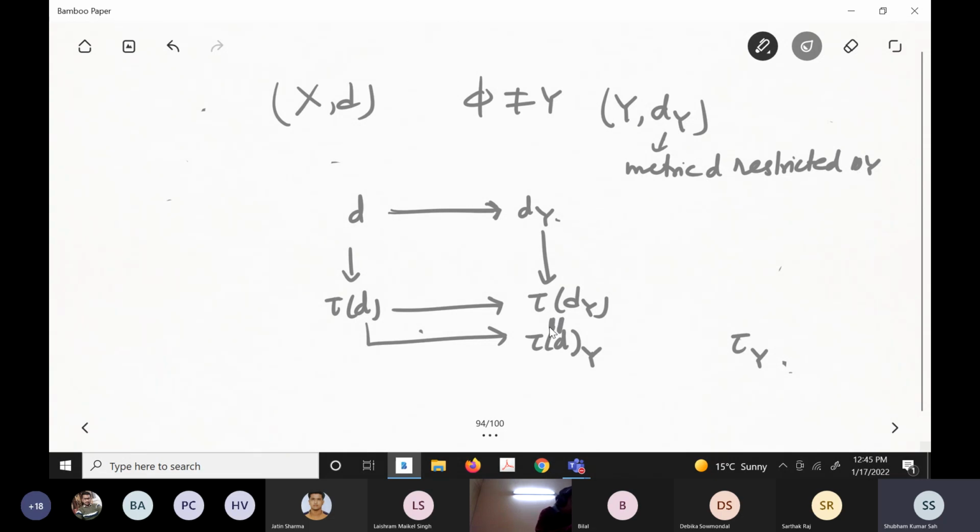The only way you can prove it is you take an open set here. You know it is coming from the metric D, so your open sets will be generated by the open balls. And then you'll have to show it is here, and then you take here, you show it here. So that means the diagram commutes. Whether you come this way or this way, you will reach the same destination.